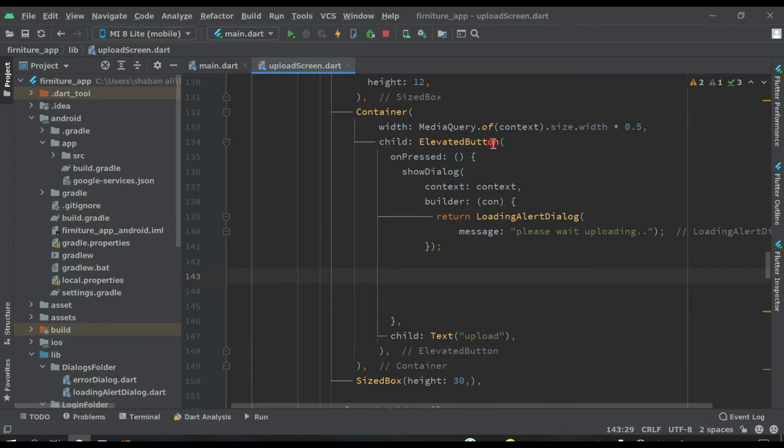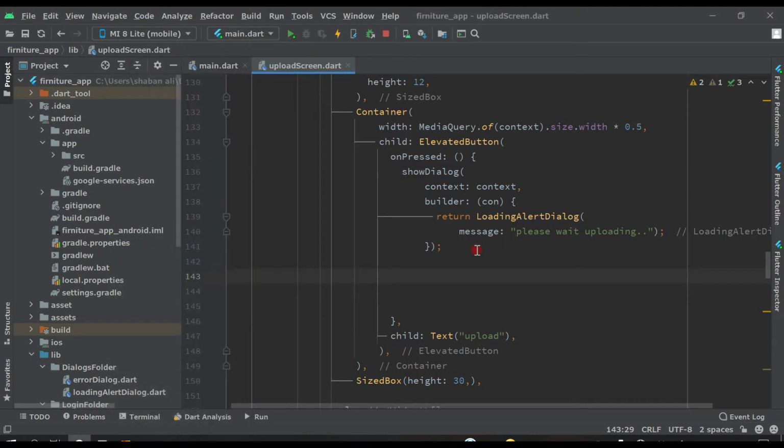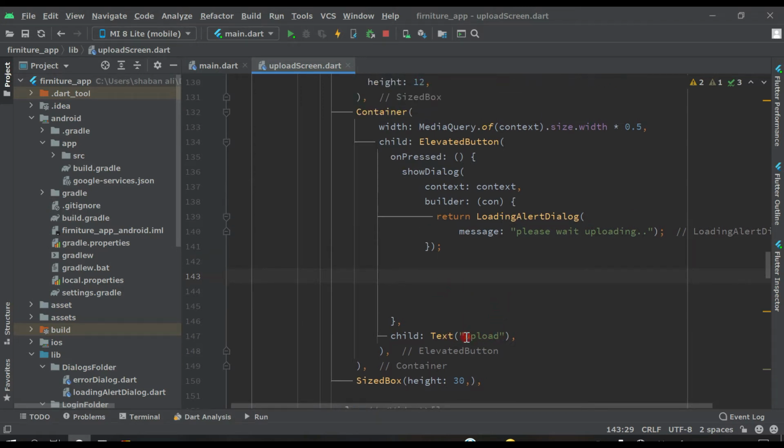this elevated button. Inside this we are returning the loading alert, which you see here. As you can see, this is the loading alert, this one, please wait. And here we have to create one function, upload button. So when the user or advertiser presses on this, this function will work, which we are going to create now. So let's create upload